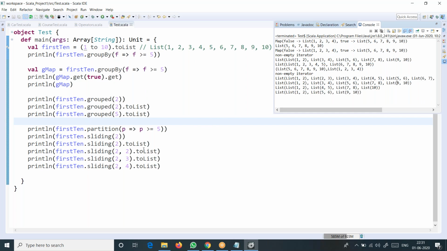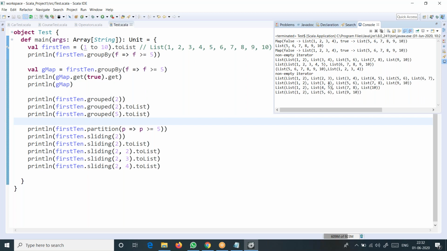When you say 2 comma 3, let's see this now. Again, we are dividing into pairs, and this time 1 2, 4 5, and then 7 8, 10, which means the distance between the start of each list is 3 here. Each list has 2 elements. You can see here 1 and here 4, so the difference is 3. Here 2, and in the other list it is 5, so the jump is 3 between these two.